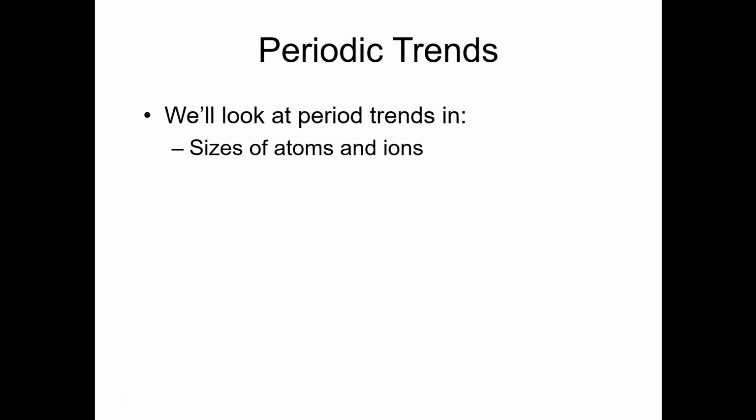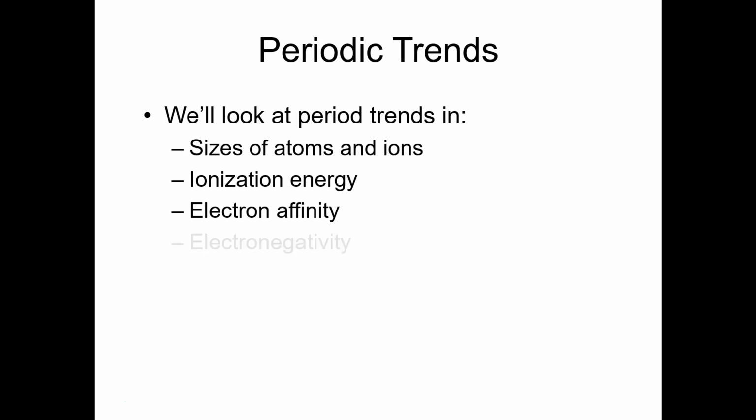Sizes of atoms and ions, so that's called atomic radius or ionic radius. Ionization energy, and I'll describe in just a few minutes what that is. Electron affinity, that won't be in this video, and then electronegativity, which is in chapter 8 in your textbook, but I'm going to move it into this conversation in chapter 7 because the trends are related to these other things. So this video is actually going to focus on size of atoms and ionization energy, but before